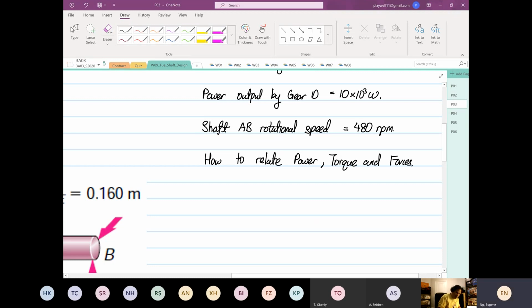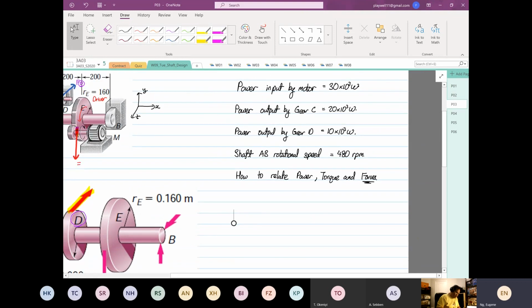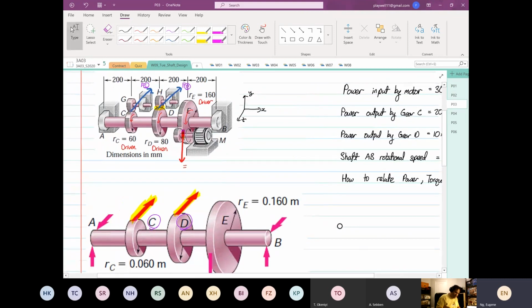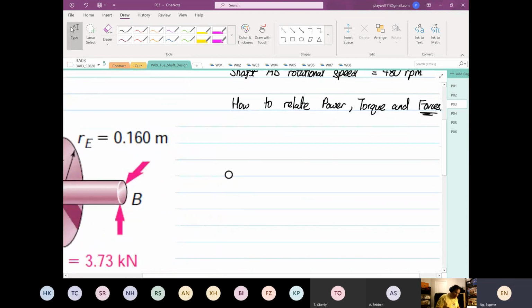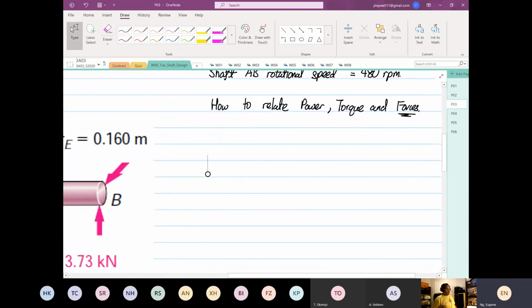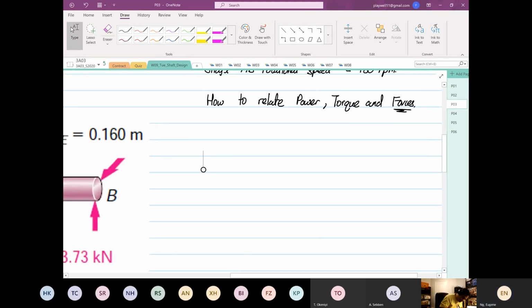At the end of the day, we want to know what is the force applied, as we specify down here, and we also want to know the torque. The formula to apply, I think all of you have drawn electricity at one time or another. So we know that power is equal to 2 pi nT over 60, where n